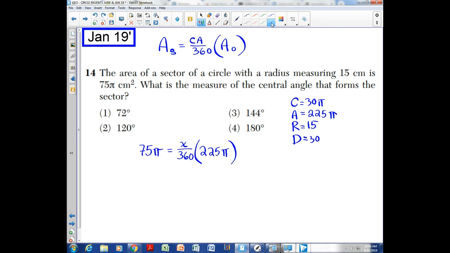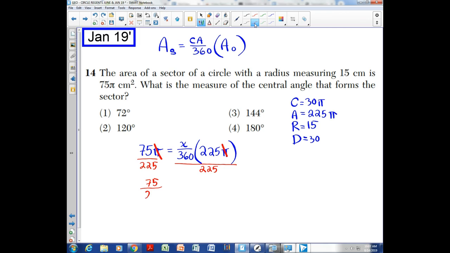All right, so now we really need to use our algebraic skills to solve for x. Well, one thing I know is that if I just have products and quotients equal to each other, we can cancel out constants on both sides. So I'm going to very quickly get rid of those 2 pi's, all right? There's a couple different ways we can do this, but we're multiplying by 225, so why not just divide out my 225 on the right, divide my 225 on the left, and then we have